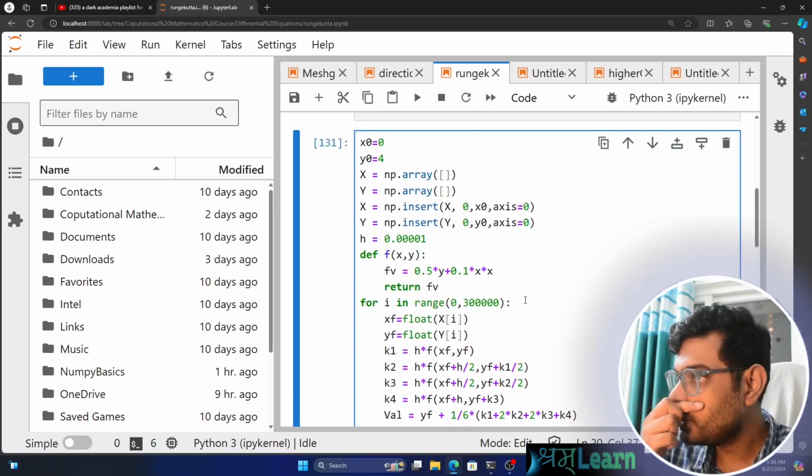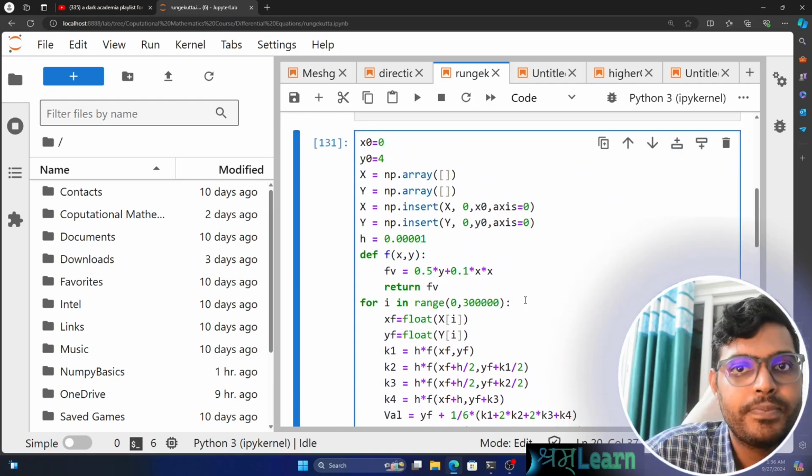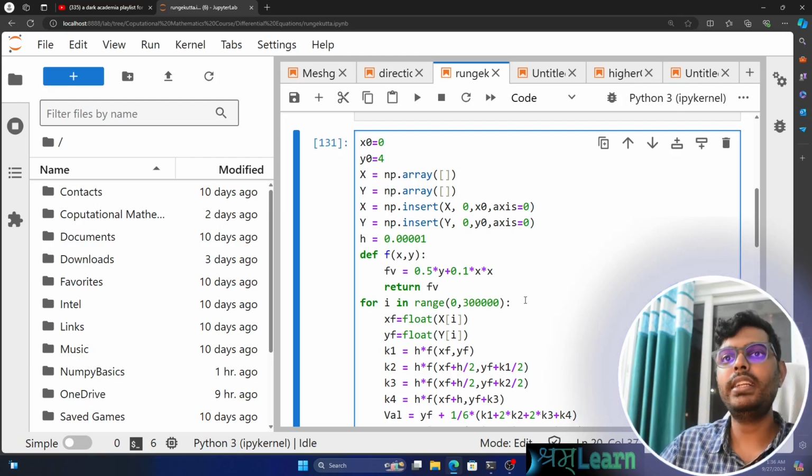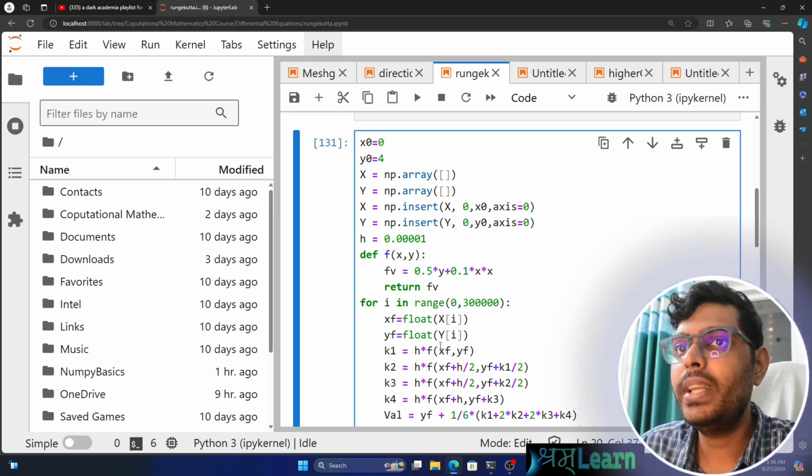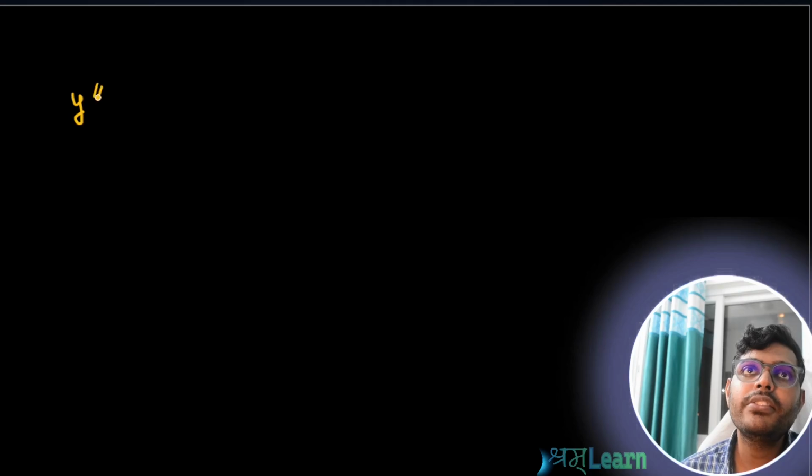So now can we solve a second order differential equation? Yes. So let me tell you about the theory of second order differential equations really quickly. Do we know about second order differential equations? What is the form of it? It will have a y double dash term, d square y by dx square,